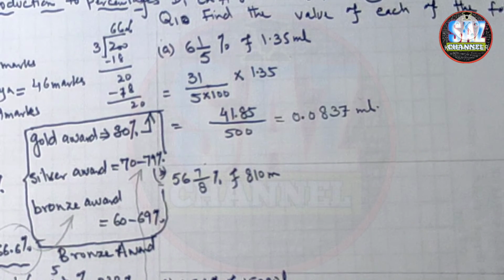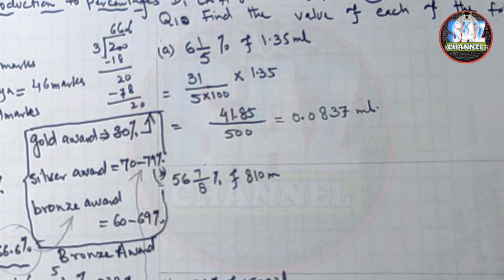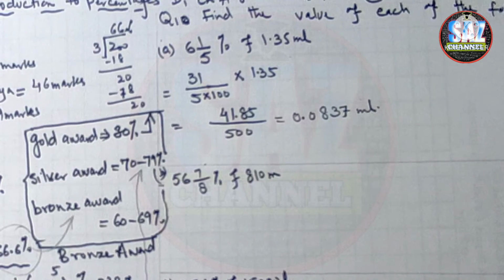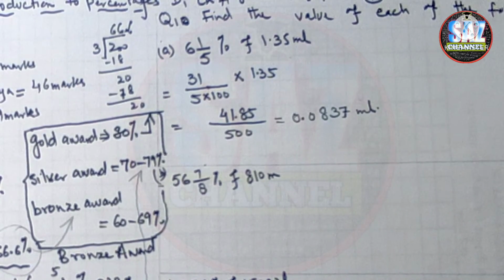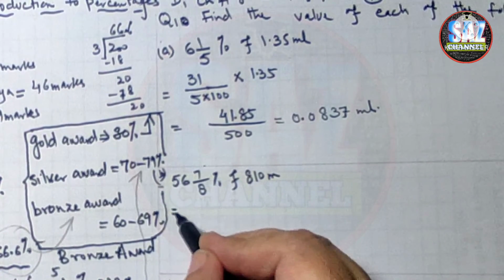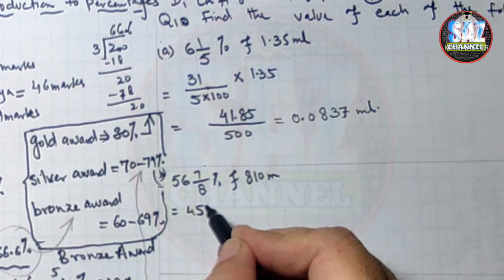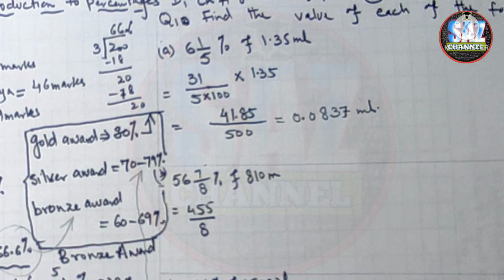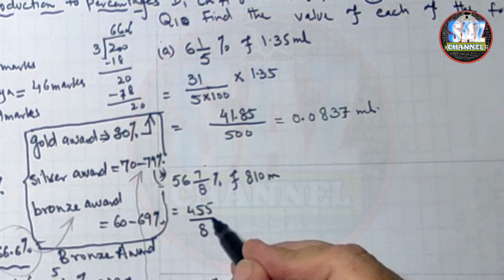Let me confirm. 56 multiplied by 8, 448, and then plus 7. This is 455 by 8. Percentage, we know that the percentage sign will be removed by 1 over 100